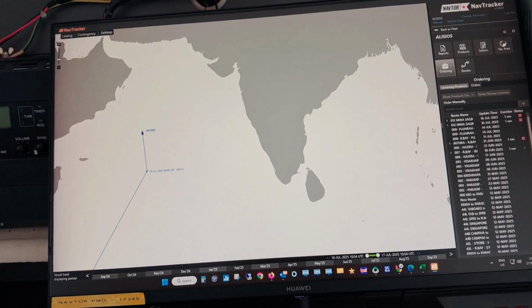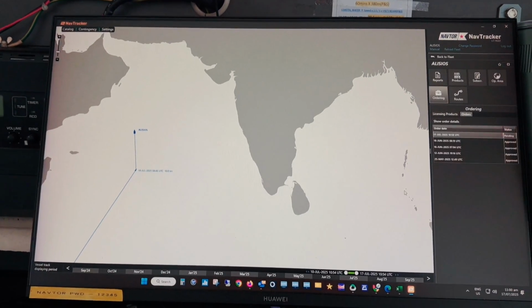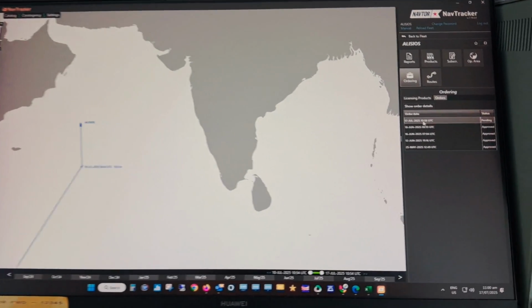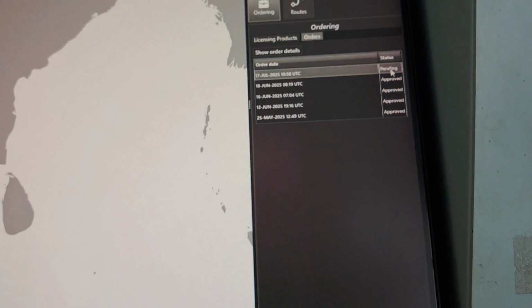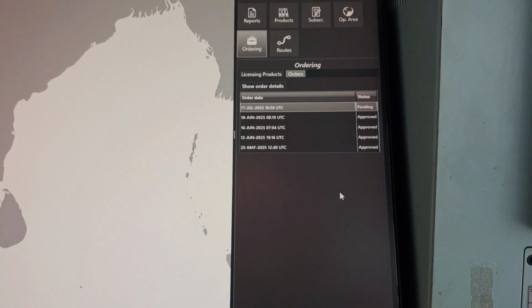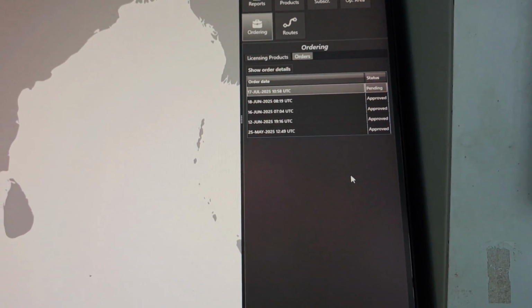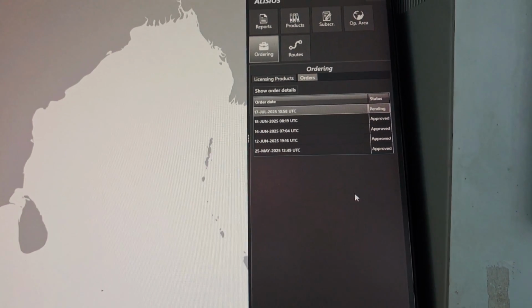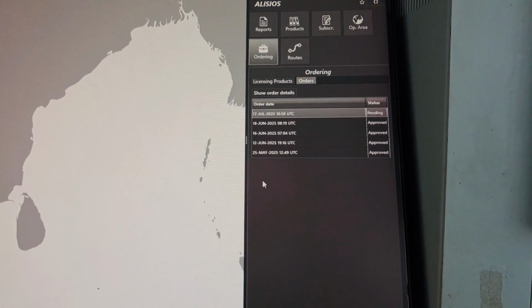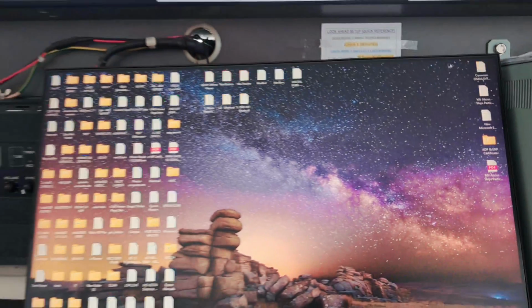If I want to show that I have ordered something, you can go to orders, and you see the order 17 July 10:58 UTC, order status pending. Once it is approved from the office, I will get a mail stating that these charts have been approved, and we can load the charts in the ECDIS.